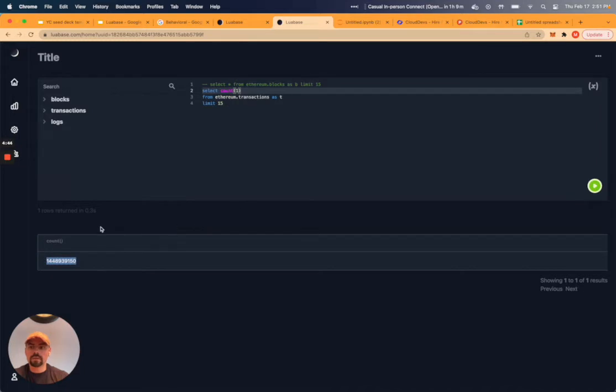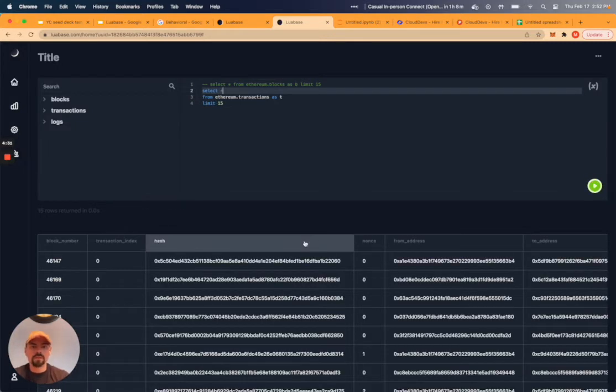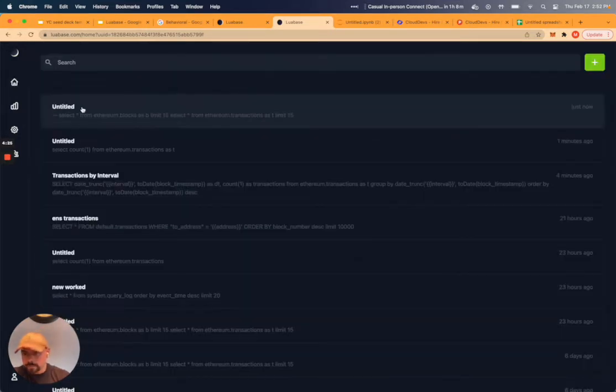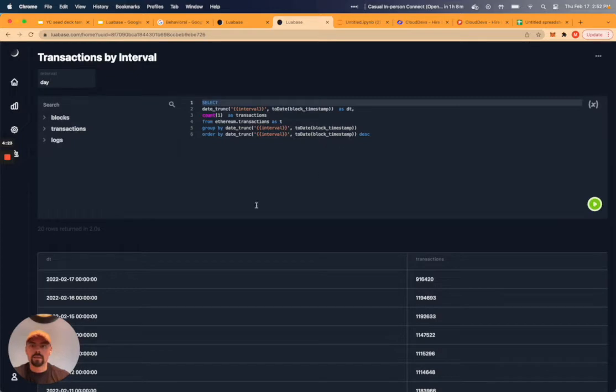you can see we get 14 billion records back for the transaction volume for Ethereum, and it happens pretty quick, so 300 milliseconds. Now, this is obviously not a terribly interesting data set, but if I wanted to create a data set that I was really interested in sharing or really interested in embedding into another application, let's say something more like this, where I'm looking at the transactions by day for Ethereum, I could take this parameter field, insert different